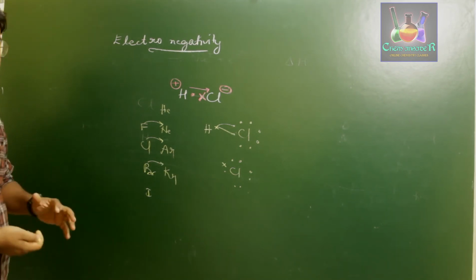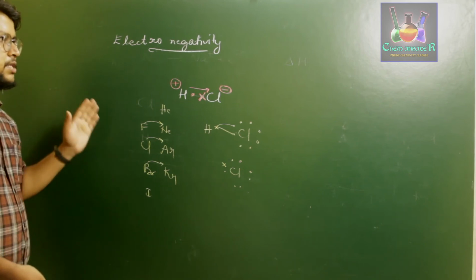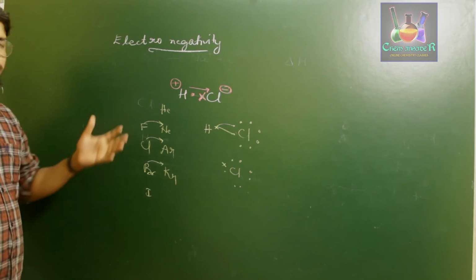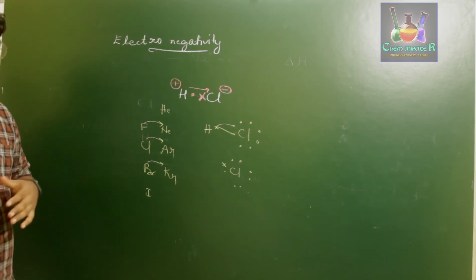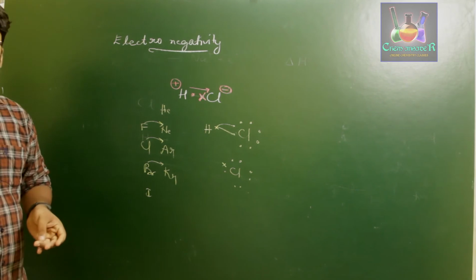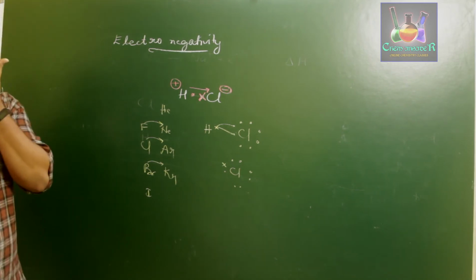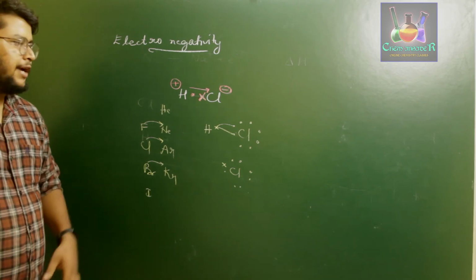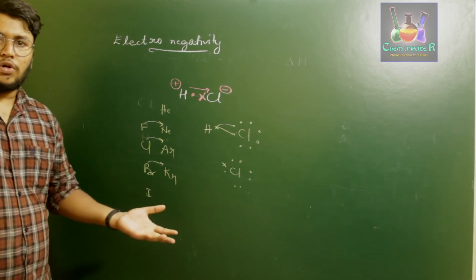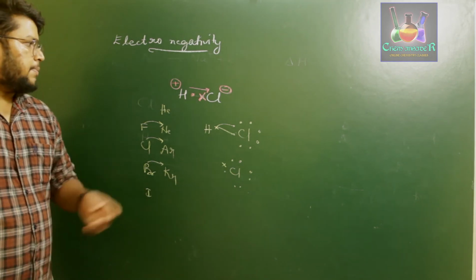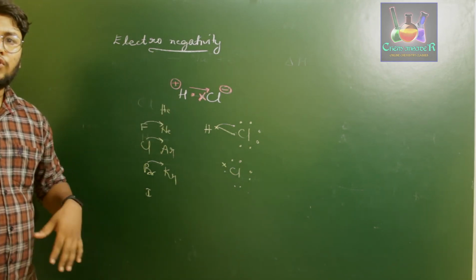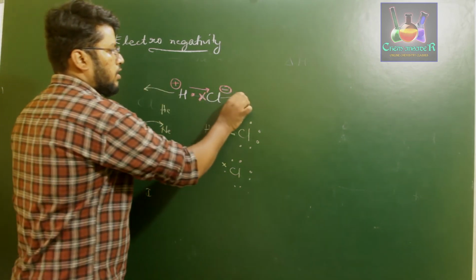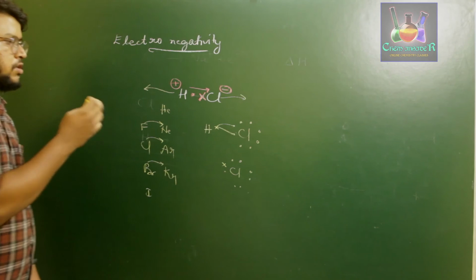So therefore, what we usually observe is that the elements present on the right hand side of the periodic table usually have a greater tendency to pull electrons towards themselves. Similarly in case of oxygen and nitrogen. So what we call those elements are electronegative elements. And those elements which lose electrons towards an electronegative element present in a bond are called electropositive. That is, hydrogen is called the electropositive element, and chlorine is called the electronegative element in case of HCl.